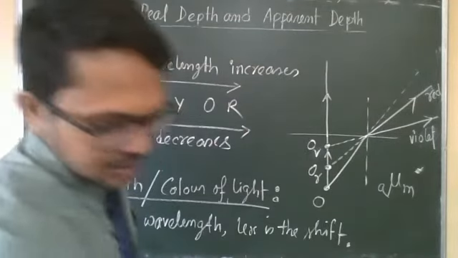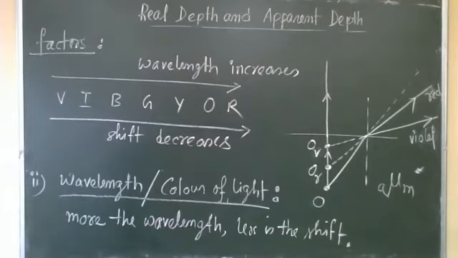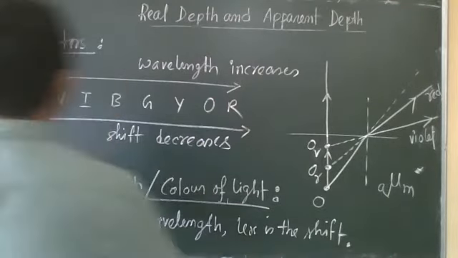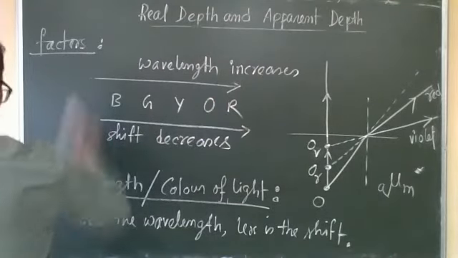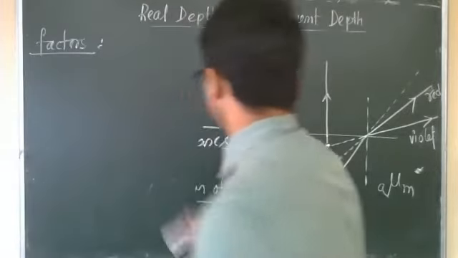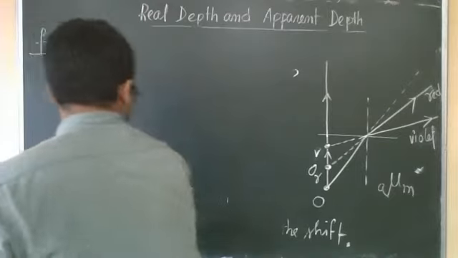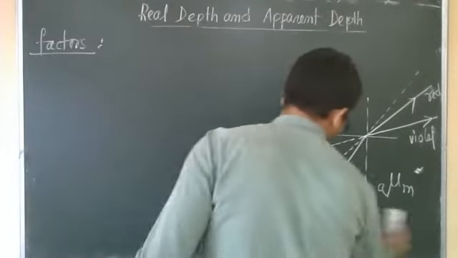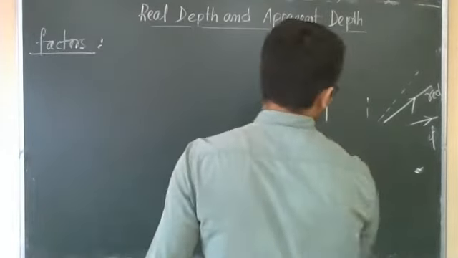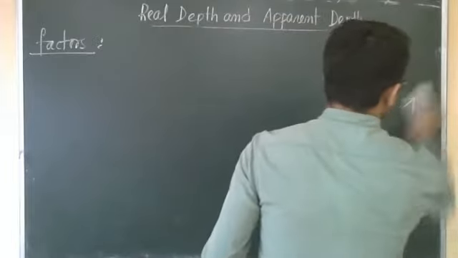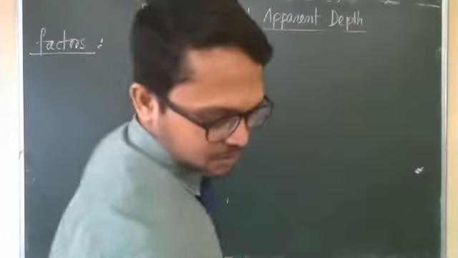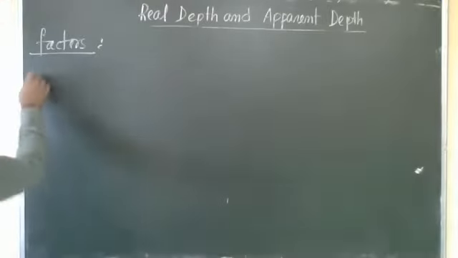Okay. Come to the third point. Third point is thickness of the denser medium. Note down those things. Either you note down in your copy or note down in your book. Note down it in your book. Okay, that will be very much good, because at the end you have to read from the book.